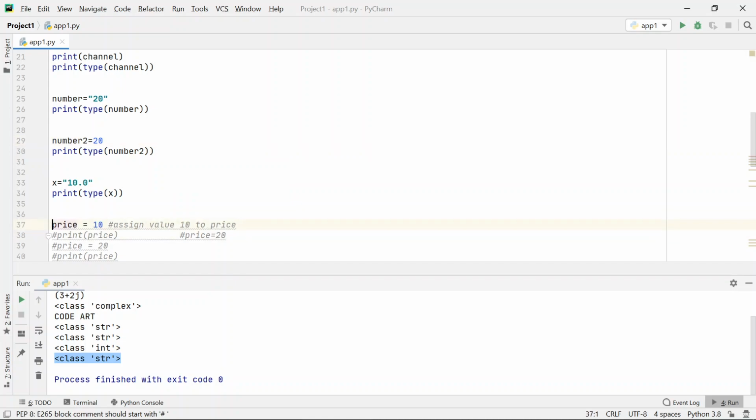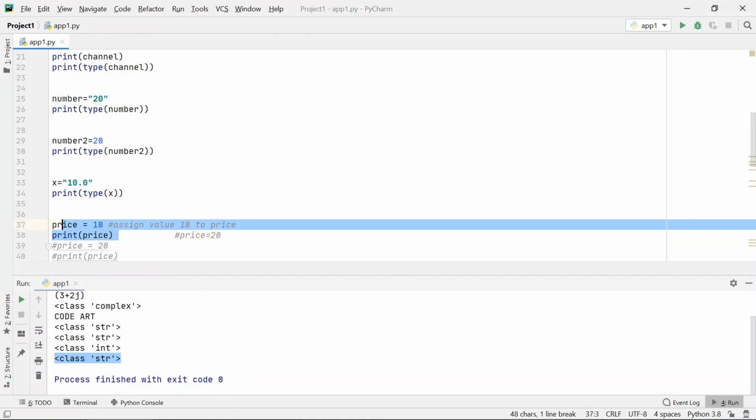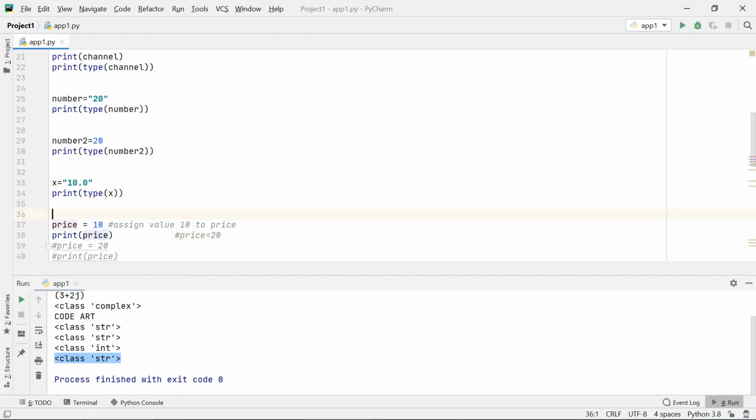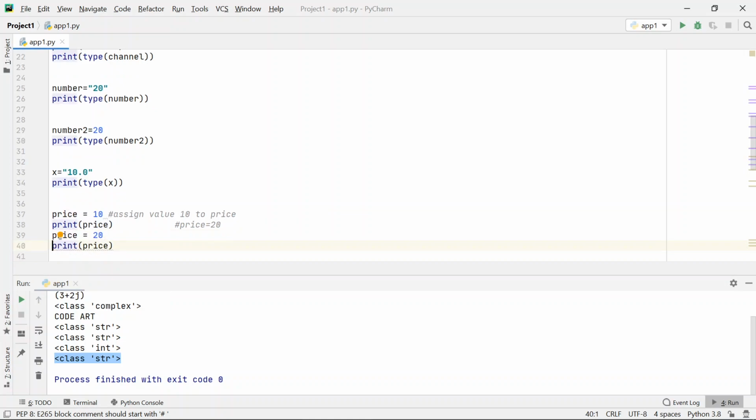Now I have a variable called price and I'm going to print it. So this will print 10. Everyone knows this. I hope everyone is clear about this. If you are not, just go through the video once again, you'll get it very clear. Now tell me, comment it out in the comment section, what will be the output of this print price.